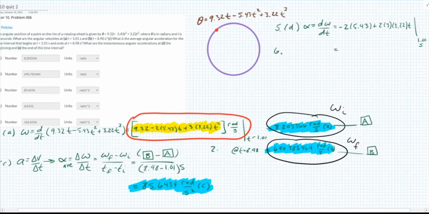So this is the blink of an eye. If I just snap my fingers and say, hey, I don't care about the average acceleration, I just want the acceleration at this moment in time. That's the difference between average and instantaneous. Minus 2 times 5.43 plus